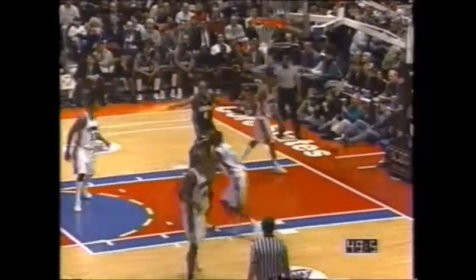Iverson virtually non-existent offensively in this half. Nice dish to Harrington by Allen. There's a nice